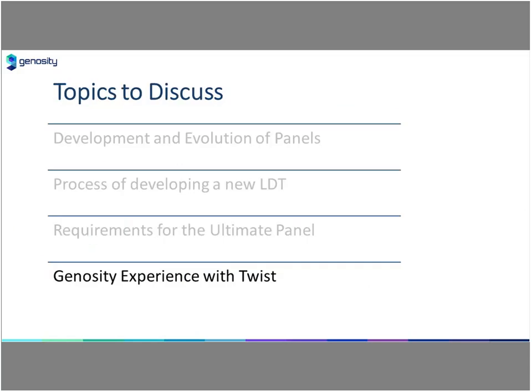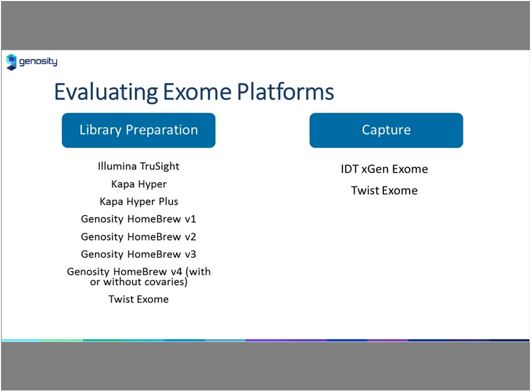So what I'd like to do for the next 10 or so minutes is talk through our experience with the Twist exome. As I said earlier, Twist has a variety of different options, capture panels from small panels to exome, and Mark will touch on those. But for us, the data that I'm showing is primarily around the core exome kit. So as I mentioned, last year we set out to ask what is the best type of approach from a library preparation and capture perspective? And so we tested all the main chemistries and kits out there, looked at permutations